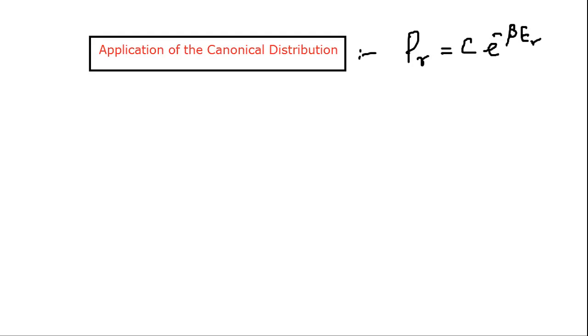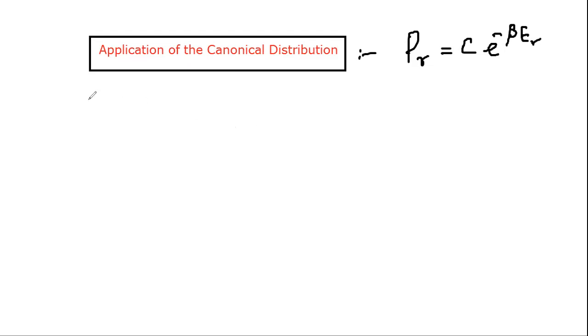is the canonical ensemble. Now this canonical distribution, when we use it, we apply it to situations where it can be used. It yields very important results, the results which are physically very important. It leads us to those results. We are going to discuss one application of this canonical distribution, that is